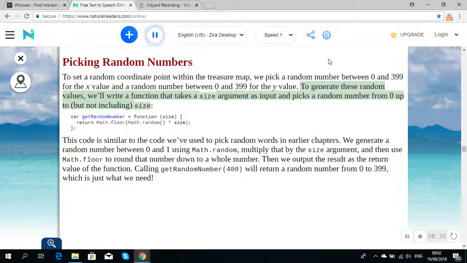To generate these random values, we'll write a function that takes a size argument as input and picks a random number from 0 up to but not including size. var getRandomNumber = function (size) { return Math.floor(Math.random() * size); };